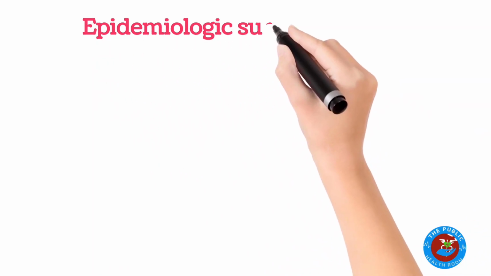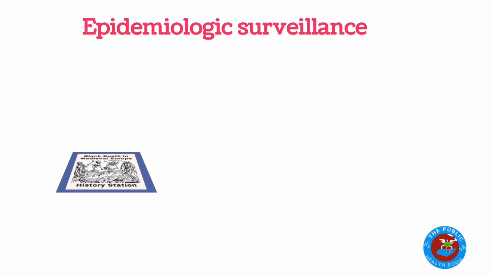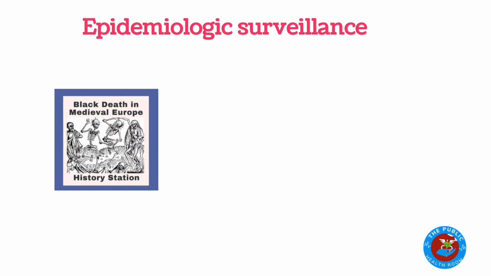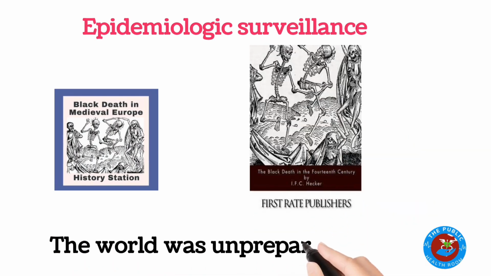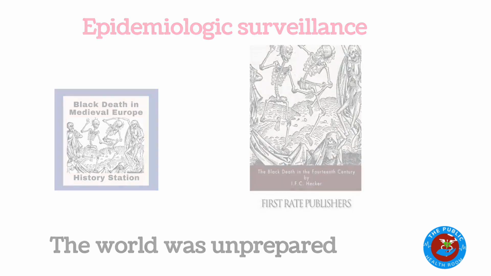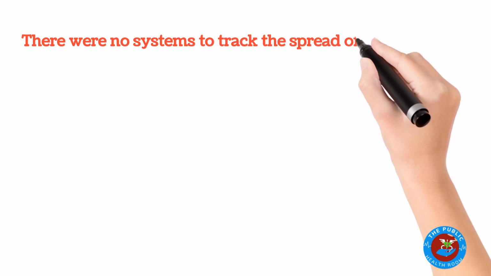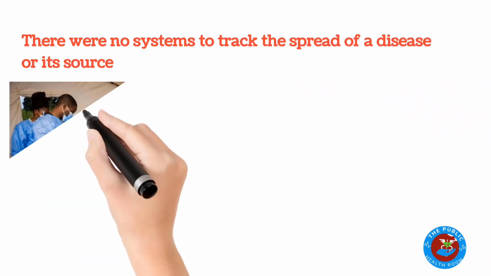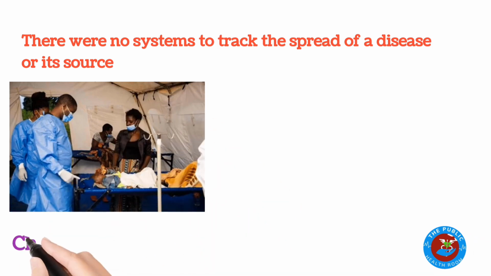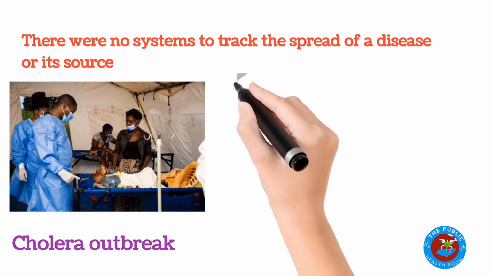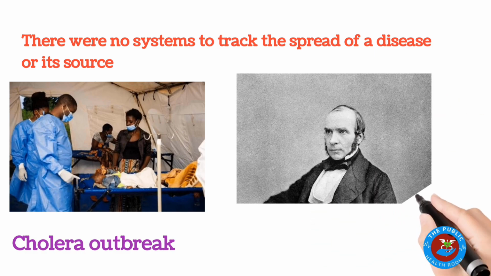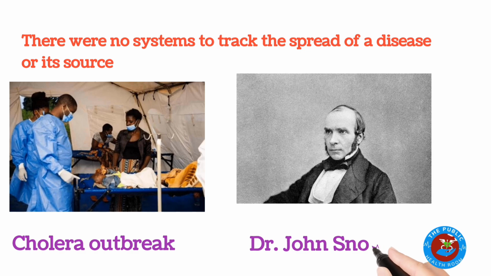In the 14th century, the Black Death swept across Europe, wiping out nearly a third of the population. The world was unprepared. There were no systems in place to track the spread of the disease or its source. Fast forward to the 19th century, cholera outbreaks sparked the revolutionary work of Dr. John Snow, who mapped cases and traced the epidemic to a contaminated water pump in London. His groundbreaking approach laid the foundation for what we now call epidemiologic surveillance, a critical tool that continues to save